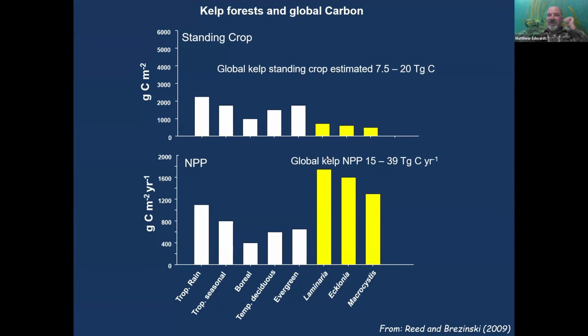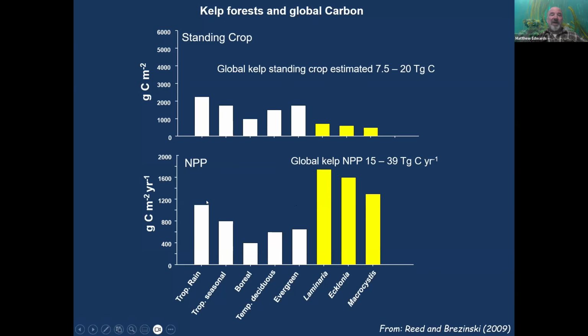And on the left of this, you see on the area, these white bars are these different kinds of forests: tropical rainforest, seasonal forests, boreal, evergreen, deciduous forests. And you can see there's the standing crop of kelp upwards between 1 and 2 kilograms per meter squared. And if you look on the right side in the yellow bars, these are three different kelp forest species, Laminaria, Aclonia, and Macrocystis. And they're on par with those, maybe a little less as far as a standing crop, but they hold just about as much carbon as